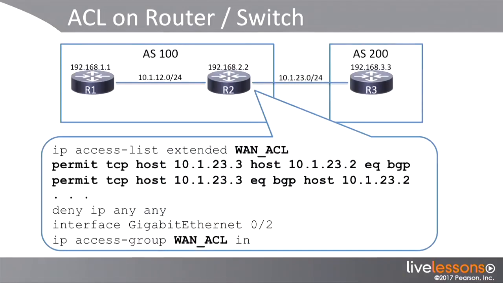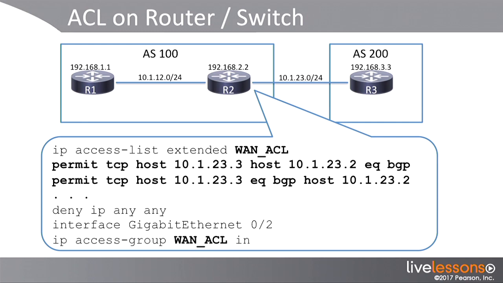Now, one of the most important things that you need to verify while troubleshooting BGP peering issues is that you don't have, or if you have ACLs in the path, they are not blocking any BGP or TCP packets that are relevant to BGP. Say you have a topology with router 1, router 2, and router 3, and at router 2, you have configured an ACL on the interface connecting towards R3, which is your gateway router towards another